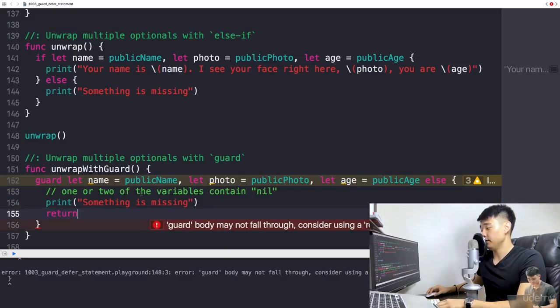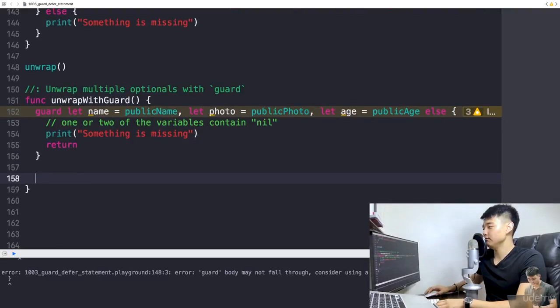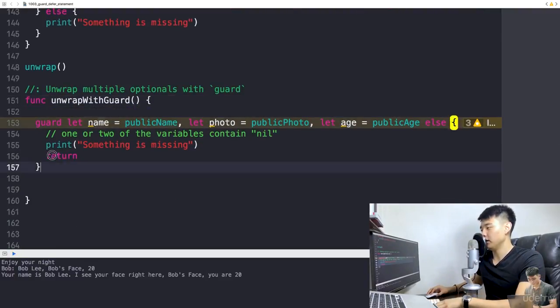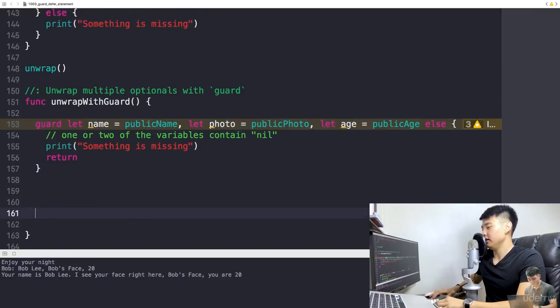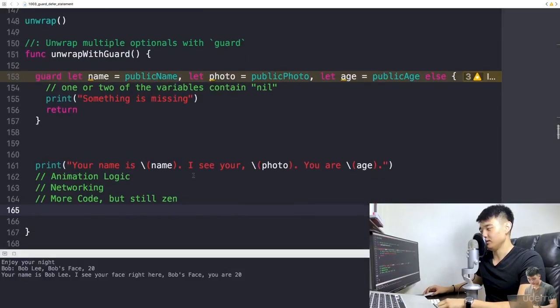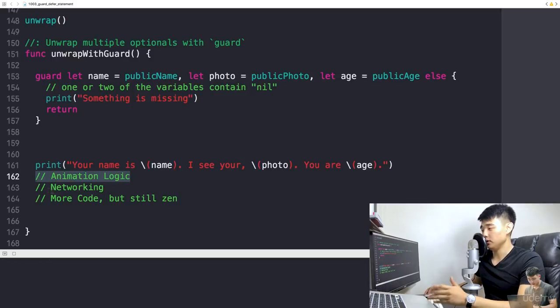If one or two of the variables contain nil, then something is missing, so I'm printing it right there. And if not, simply ignore the guard block. If everything's good, simply ignore the entire guard statement. You can write something like that. Your name is this. I see your face right there. You are 20. And you can add more code here, animation logic, networking with your server, and more code, but